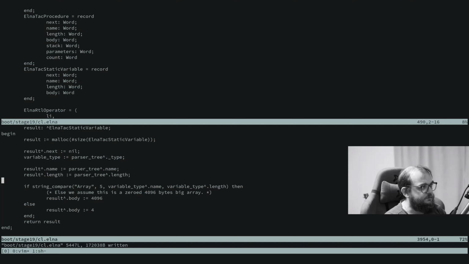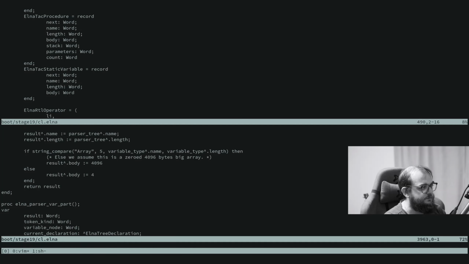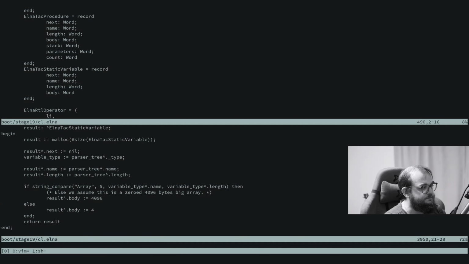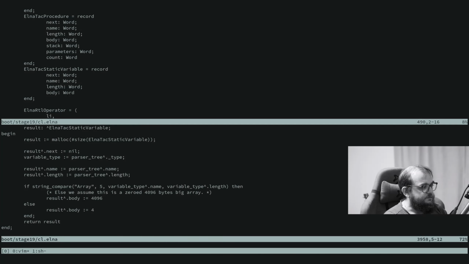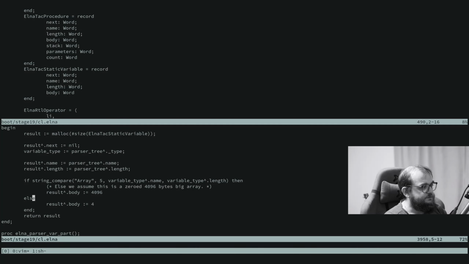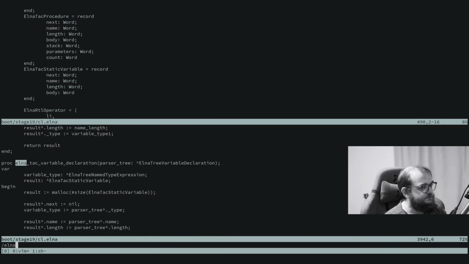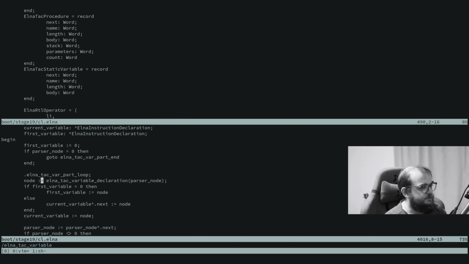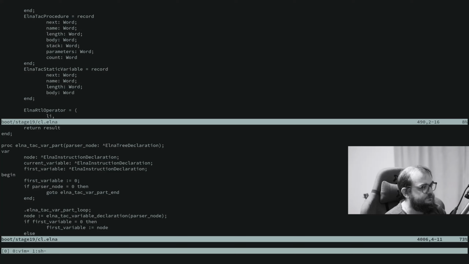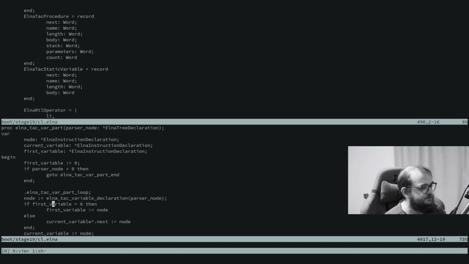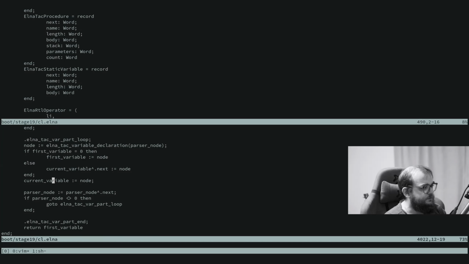In the first step, I want just to split this procedure and static variable types, and then we fix the field names in the static variable type. So this should be fine. Let us see where this procedure is called. TSC variable declaration. So it assigns this value to the node, and this node is instruction declaration, and we use it probably